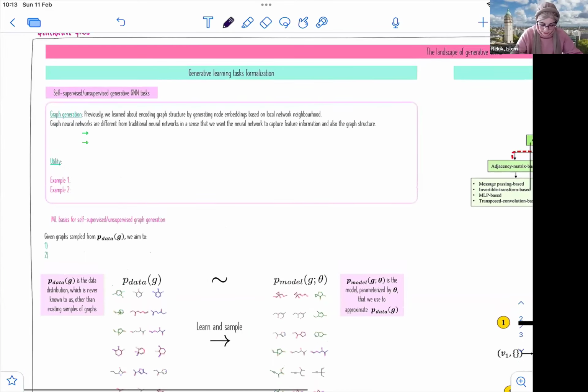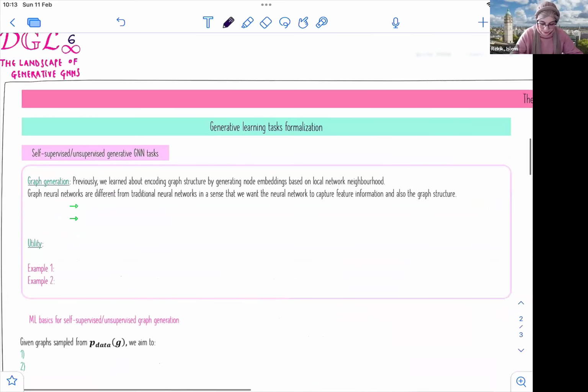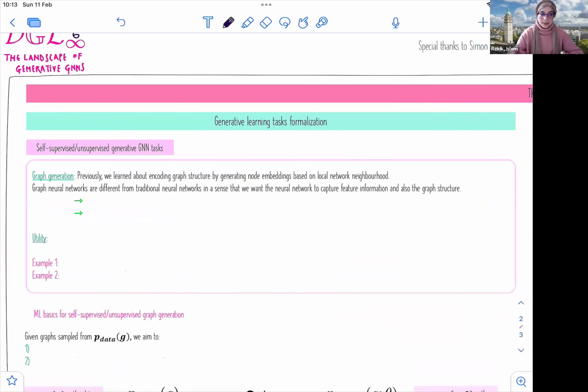Self-supervised or the unsupervised way of generating a graph. So this is a different problem that we're trying to solve, which means when we have self-supervised or unsupervised, it means that we don't have a target. So in self-supervised and unsupervised generative GNNs, we are solving a different problem because here we don't have a corresponding